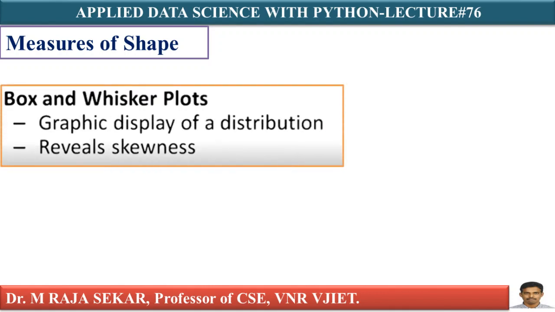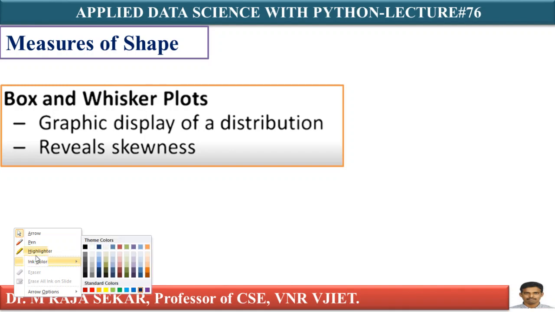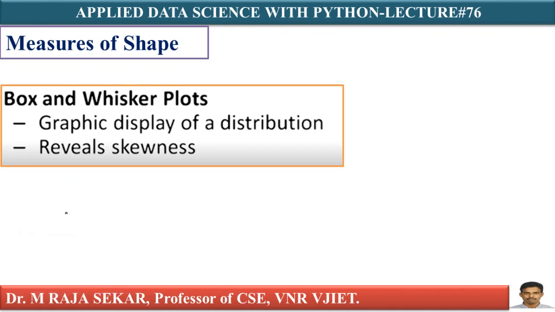Now, we were saying that initially, the shape of the data can be analyzed with the help of three measures. First one is skewness, second one is box and whisker plots, and third one is kurtosis. I already discussed box and whisker plots in my previous lectures. In data visualization classes, I have spent a lot of time on them. Anyway, now we will try to understand this one.